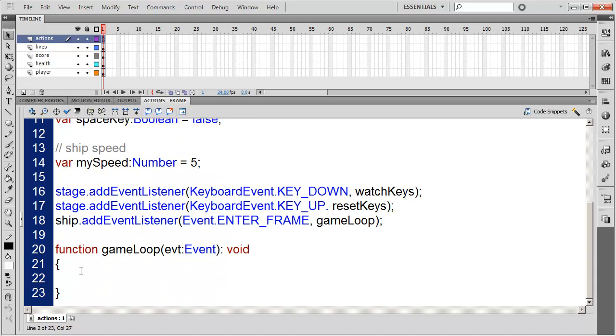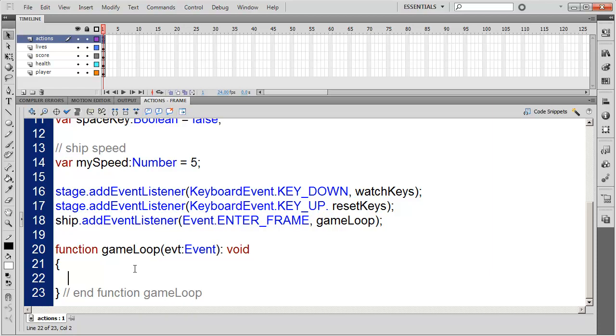Now, if you have CS4, remember that if you open a curly brace, you need to close a curly brace. Flash CS5 and above does that automatically for you. So that Flash CS4 does not. So if you're doing it in CS4, make sure that you're going through and putting these curly braces in. And a lot of times it's always good to come after these ending curly braces and say end function game loop, so you know what the curly brace is there for,